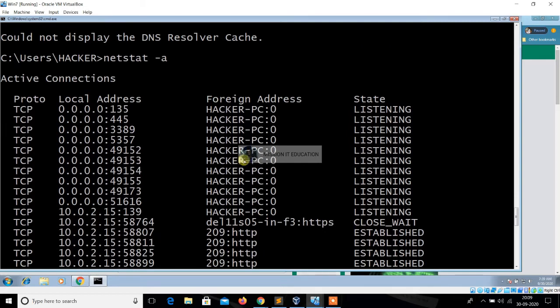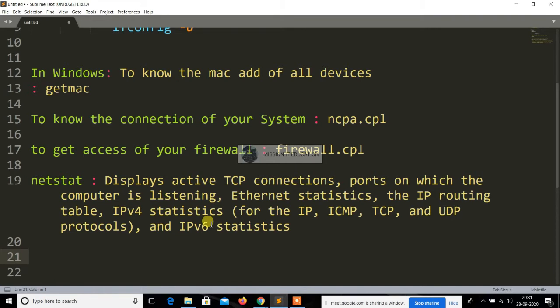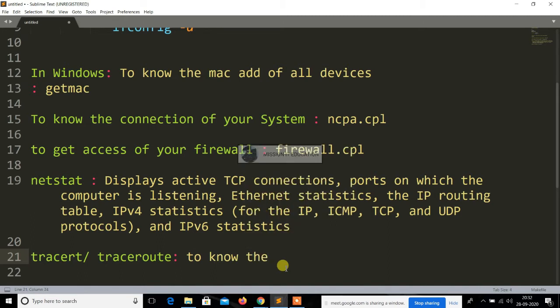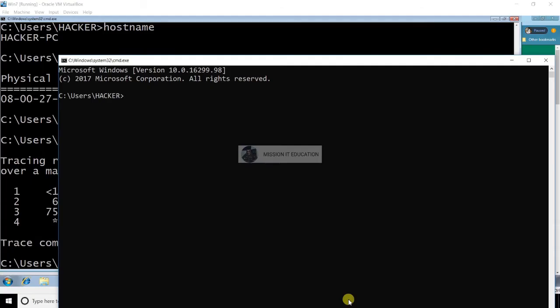To know the complete routing of your system and your outgoing connections, whether to your server or any kind of website, you can use the traceroute command as well as the tracert command. Tracert is used in Windows, and traceroute is used in Kali Linux. This command is very helpful to know the complete route from your system to your server, and it shows different kinds of hops. Hops means the stopping areas, the stopping nodes. The hops show whether it is going through different servers or your ISP. So this is your tracert command.